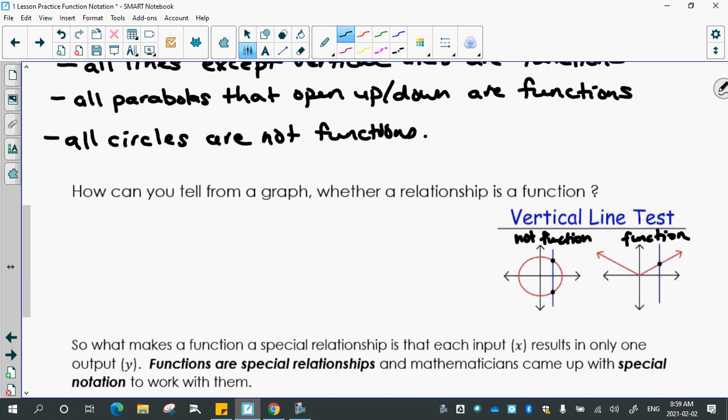If you want to write it out in words, the vertical line test states that if any